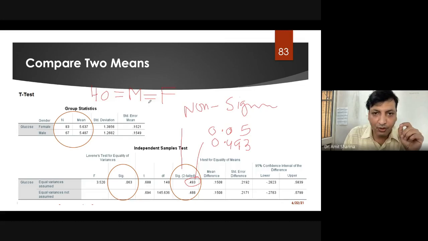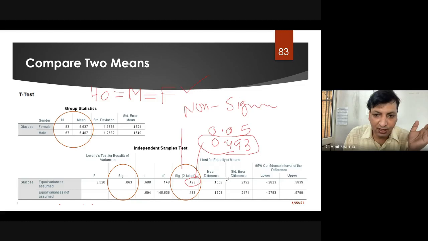We are not able to reject this because our p-value was found very big. It means male and female have at least similar plasma glucose levels, because you can see there's a very minute difference.